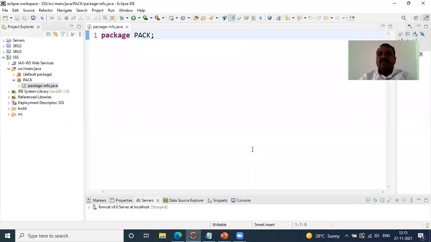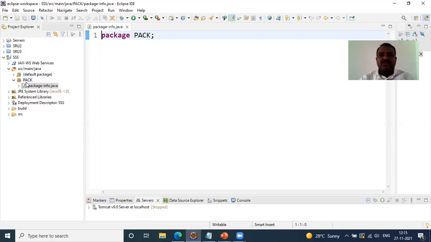It means that whenever you want to create a bean in your Eclipse environment or other environments, the first thing we need to do is create a package. And whatever class we create for the sake of the bean should be stored within the package. So now I have created a package with the name pack. Now we are going to create a class for it.